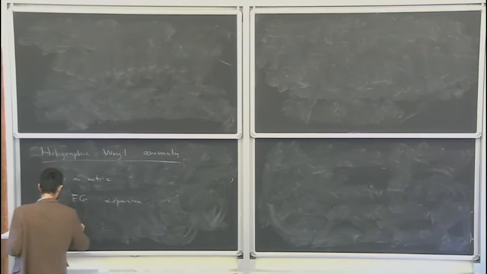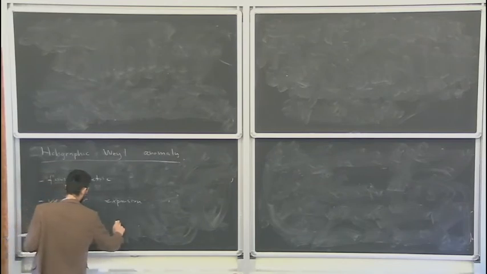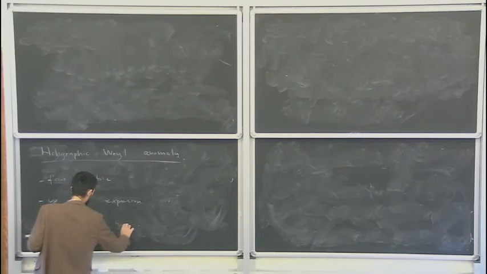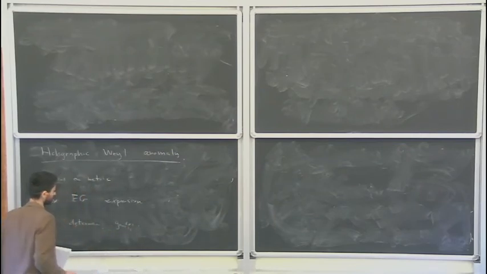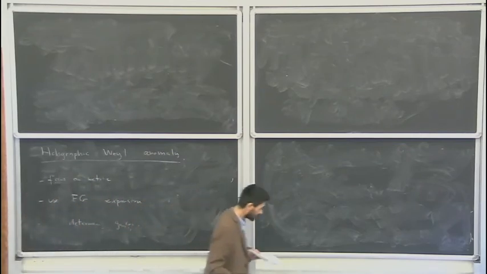Which means determine the various expansion coefficients g, let's say g_{2n} of x, ij, in recursive fashion,